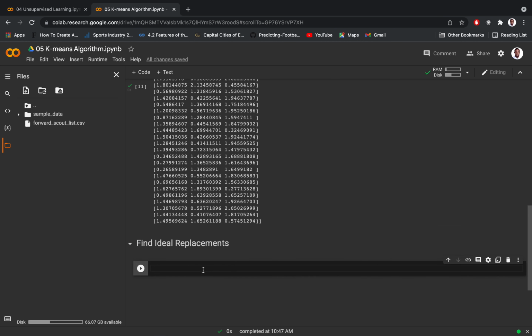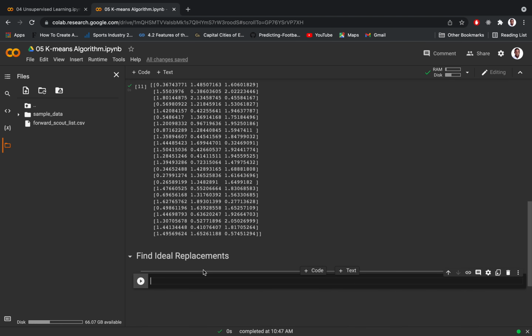So the first one, let's start with Jamie Vardy, the first cluster. Let's say Jamie Vardy. I think that's the spelling of his name. Ideal replacement. So we'll just put it. We call the data, and I will put